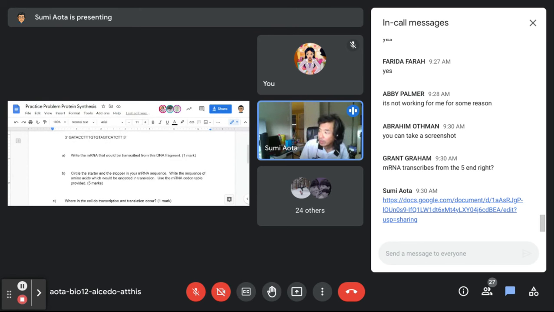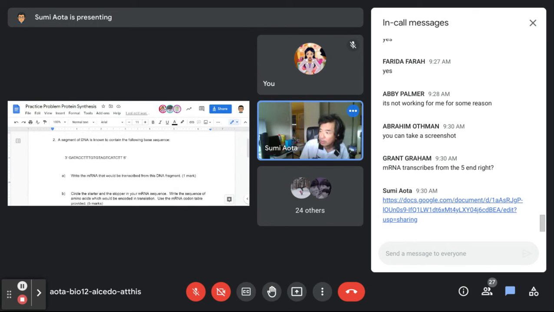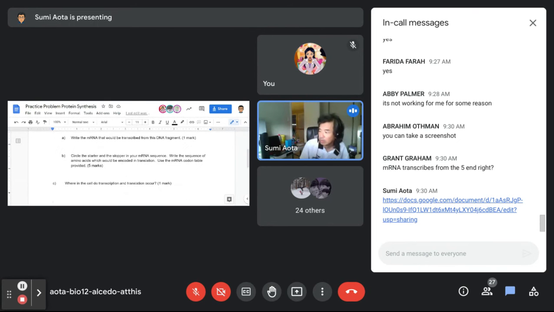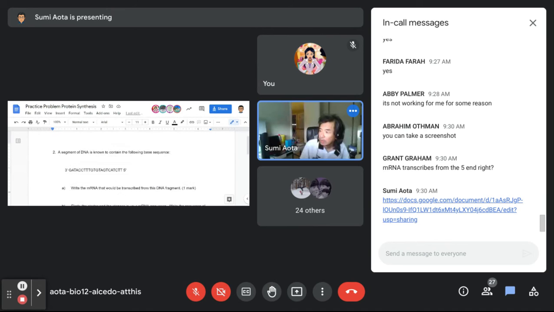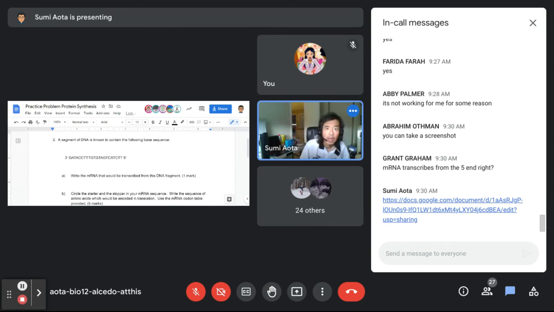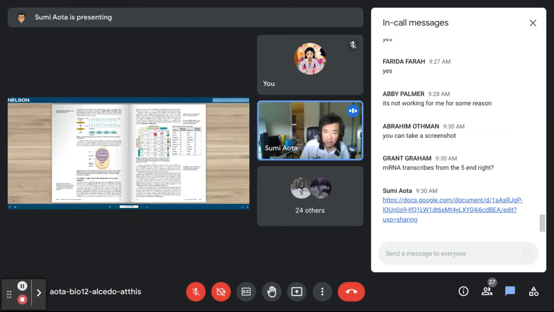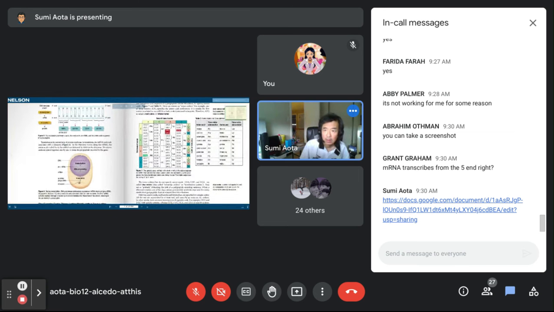So you should be able to see the question there. Don't do C. I mean, that's pretty easy. Just do 2A and B. And what I will do then, Abby, is I will present my Nelson tab, and I can show, there's the codon table that you can use. Okay. Sorry, I can't share both screens at once.